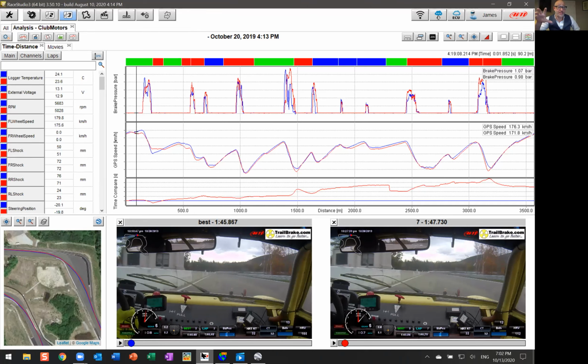Now, this is Matt's data, and I picked 2 laps for a particular reason, which was on this lap here, you can see at this point. So for me, I'm sort of upside down. I'd like this one here, then this one, then this one, but that's okay. That's just how I learn, but this is how the data shows up right now. And so you can see that on a GPS speed here, in fact, let's start at the time